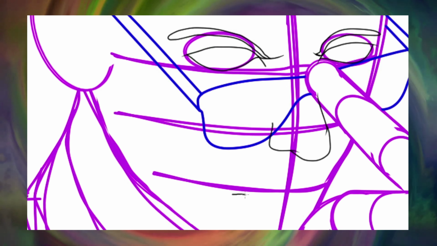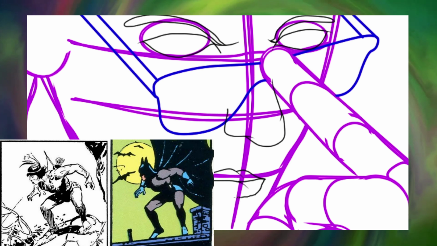And sadly, even Bob Kane, the so-called creator of Batman, was himself a thief. He would take artwork that other people made and just trace over it. Even some of the first drawings of Batman were stolen.